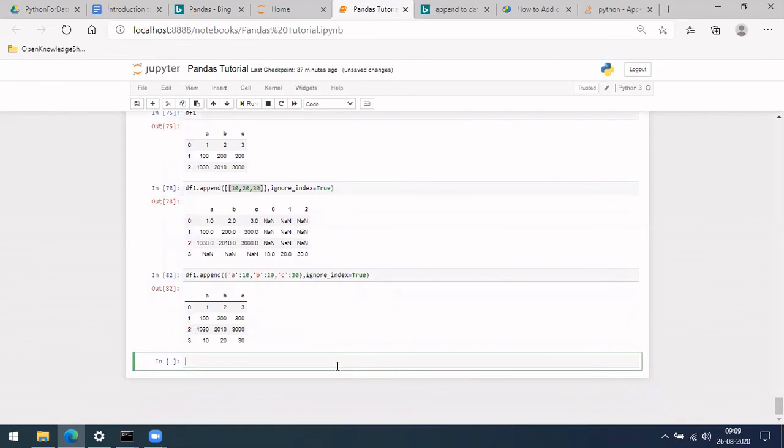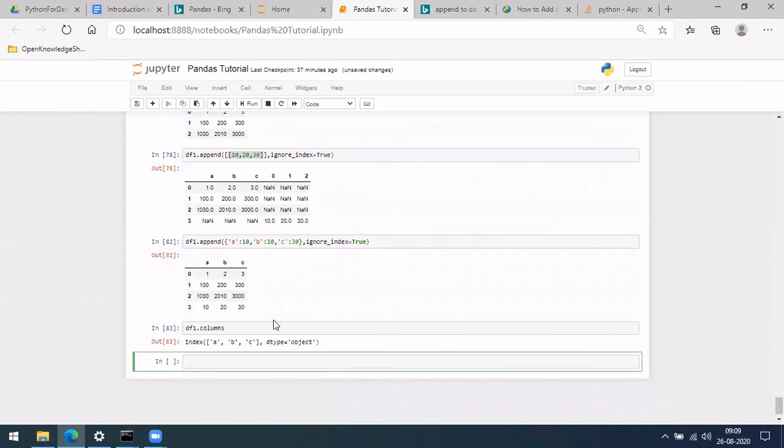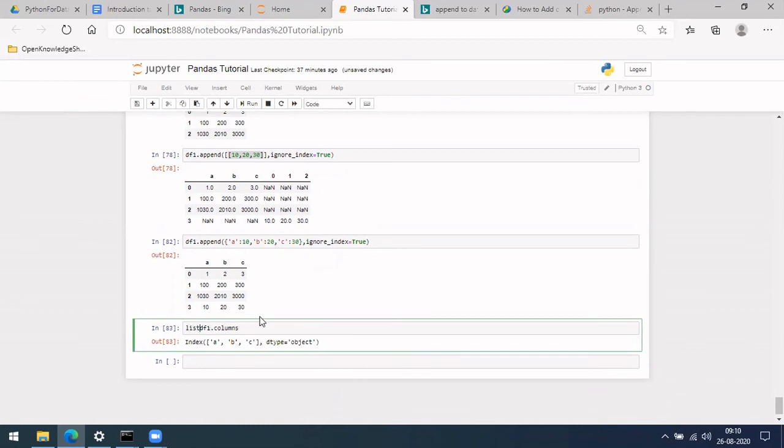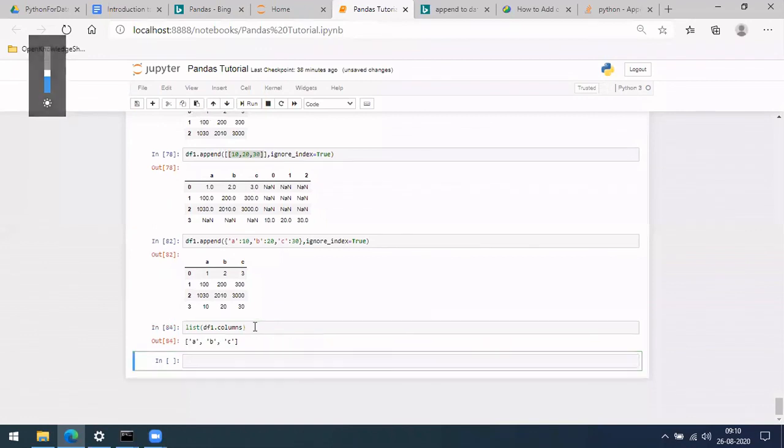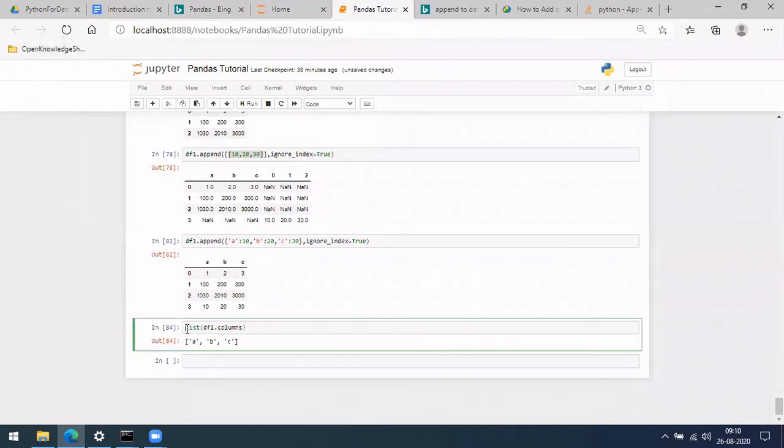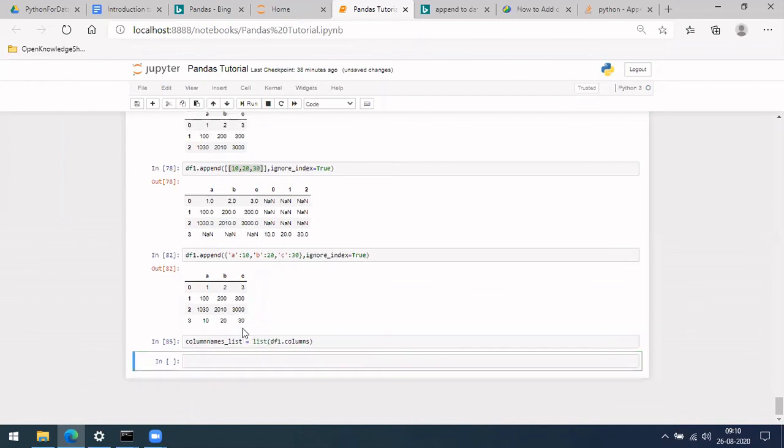If you want to get the columns of df1, how can you do it? I want to make it a list. It looks like an index type, so let me make it a list by doing list of. So it's a list. Let me save it in column names list. Okay, I've saved it.